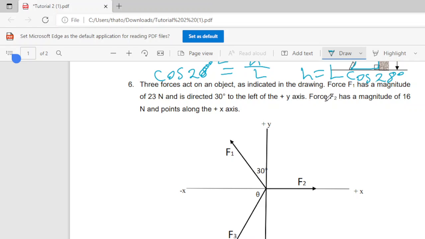Now force 2 has a magnitude of 16 newtons and points along the direction of the x-axis. So when you look at this force, it doesn't have a y component. Its y component is 0 because it lies on the x-axis. Now they say express the components of F1 and F2 in unit vector notation. So what is a unit